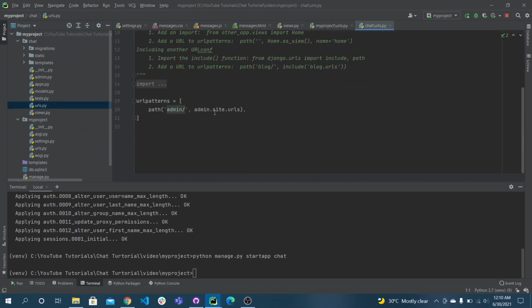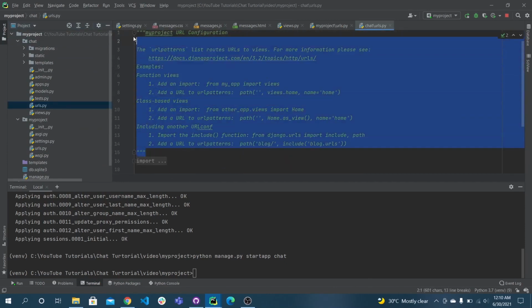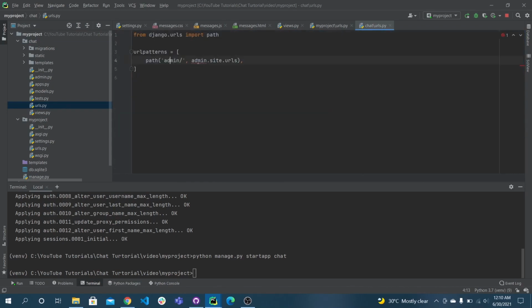So in the urls.py, I'll just remove the unnecessary things. We will import views from dot import views, and here we will simply write views.messages_page.